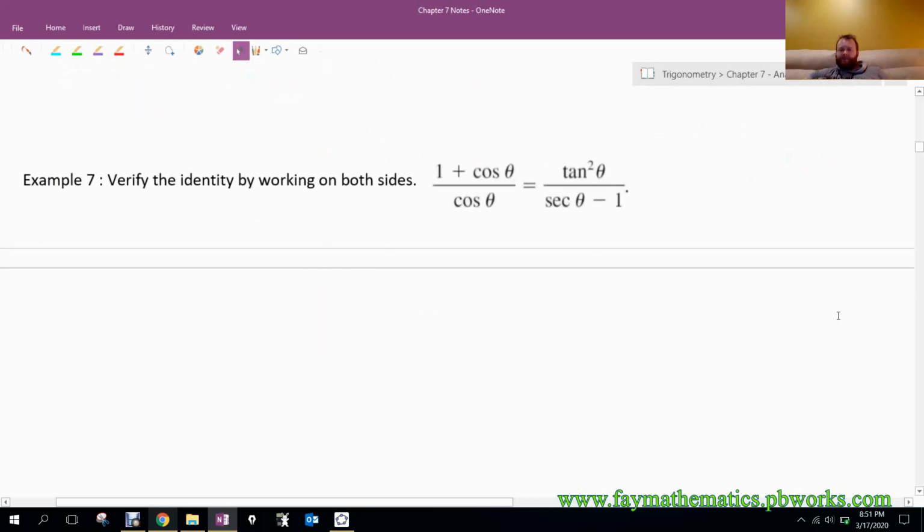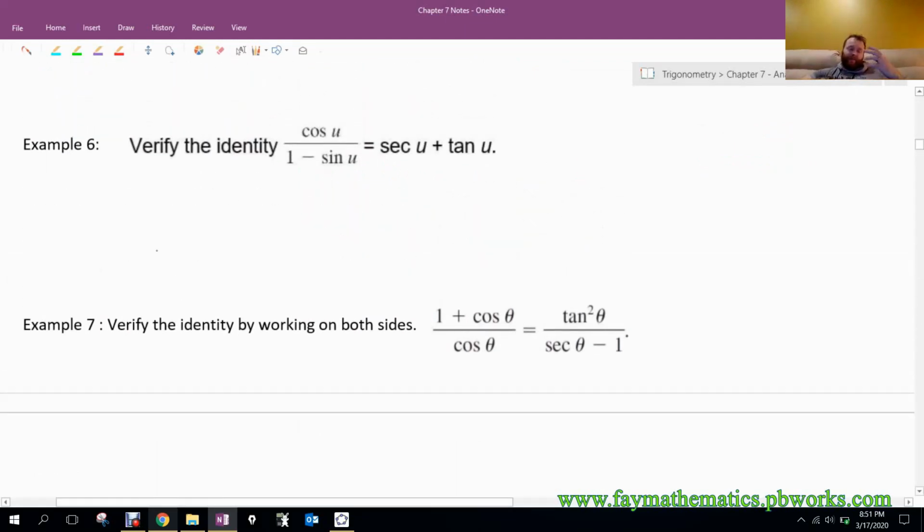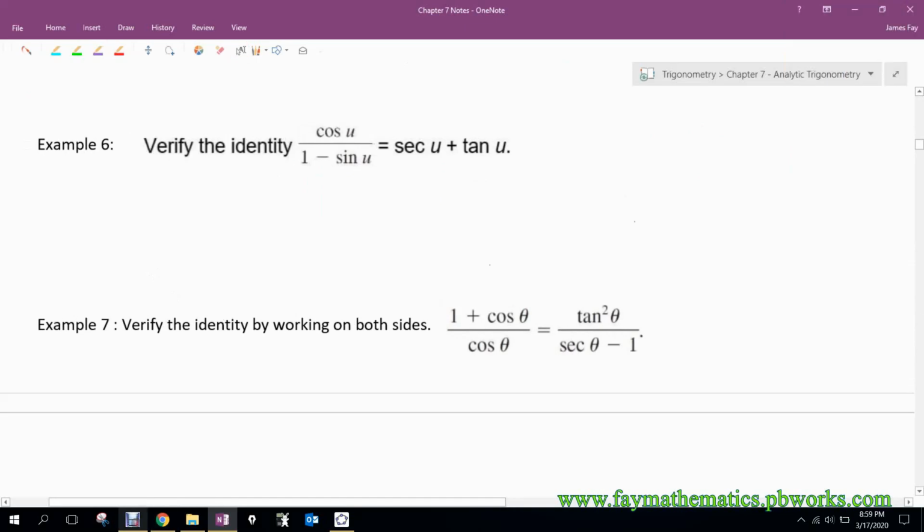If I look at the next one, verify this identity. I think personally that the left-hand side looks